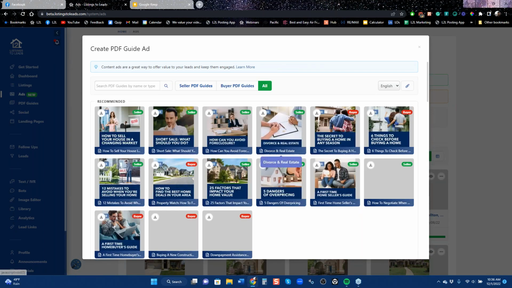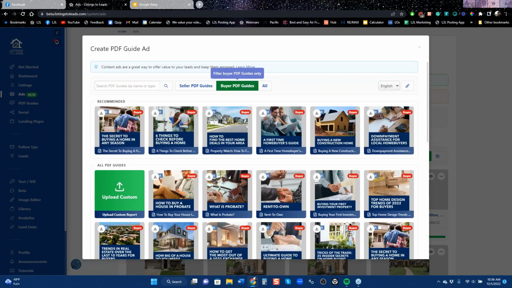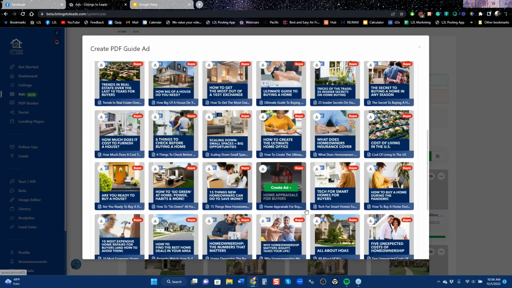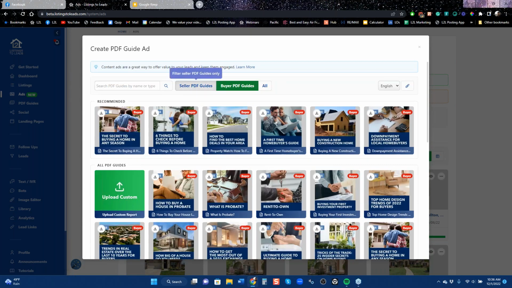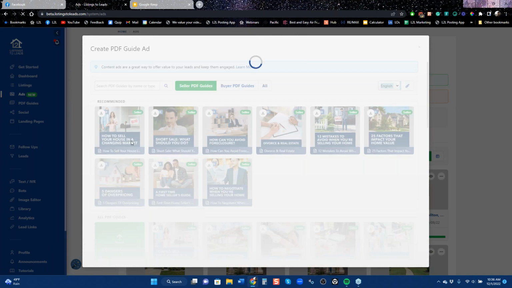And we have 80 PDF guides. Each page of each one is branded to you, okay? Now, if you go to the PDF page over here, you can actually change the color scheme. Your logo is going to be on every page. And you'll start to notice that 40 of these PDF guides are for home buyers and the other 40 are for home owners. So, here's a relevant topic, 5 dangers of overpricing. If you want to run an ad and give that away, do a lead ad